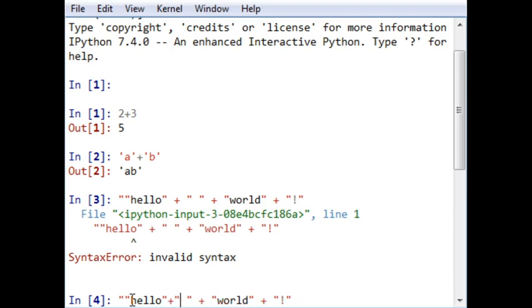I have to ignore the use of space, otherwise it will generate an error. There is no space here, there is a space, and here there is a space. Let's see, at the end there is no space.